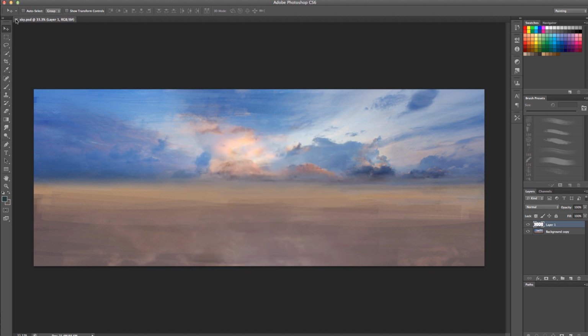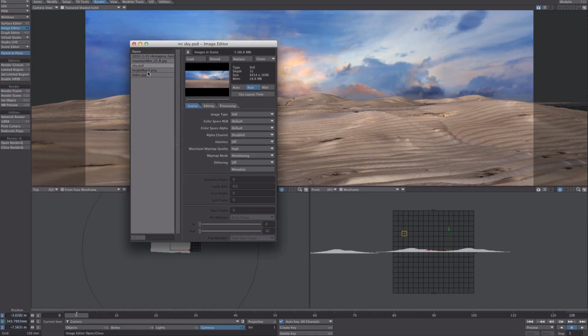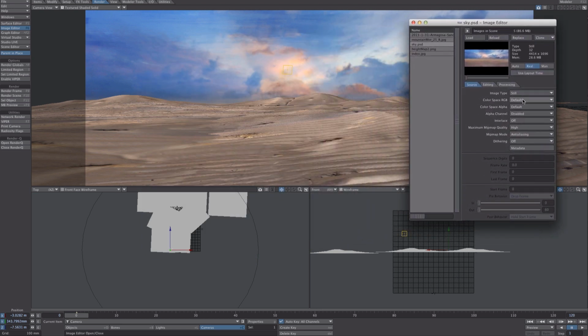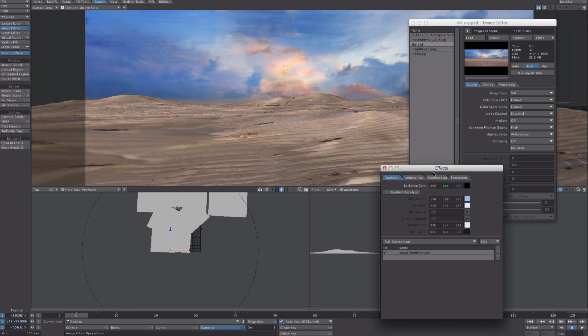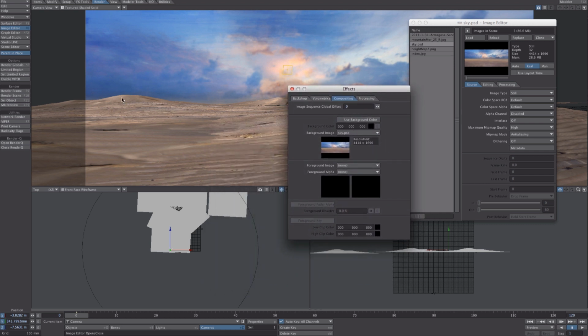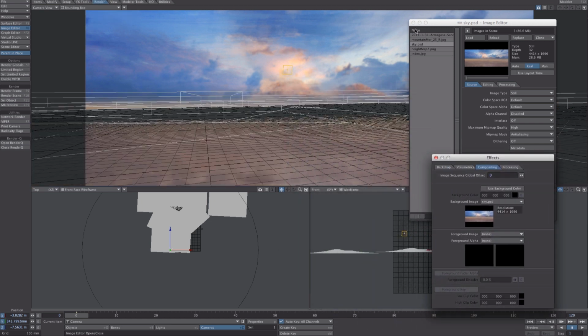So then we'll take this image and bring it into LightWave through the image editor, and we will set our camera to be the same dimensions as the image. So that's the first thing. So your image that you bring in will denote and set to the same image. And as you can see, I'm using it as my background image. Set that first of all in the compositing effects tab, and then let's just close that one down,